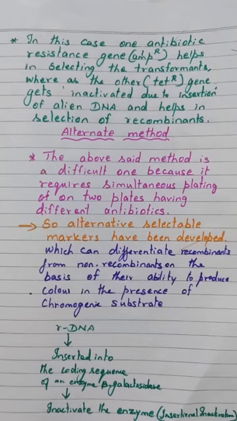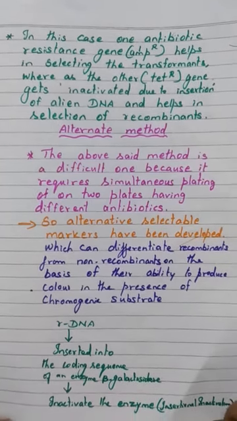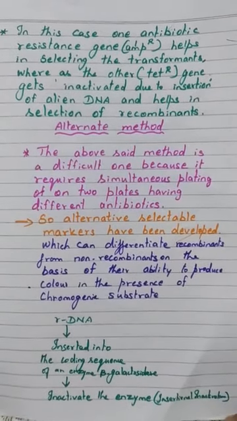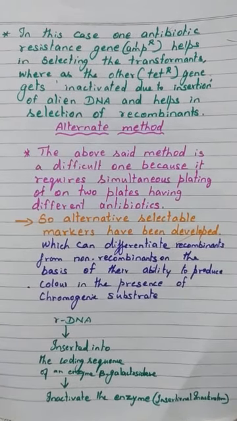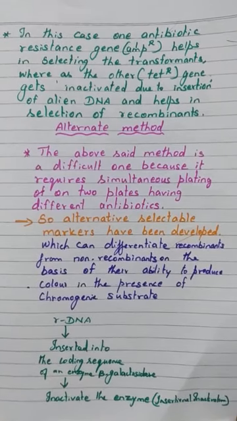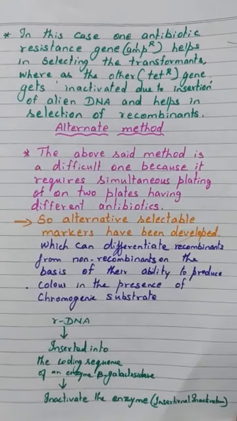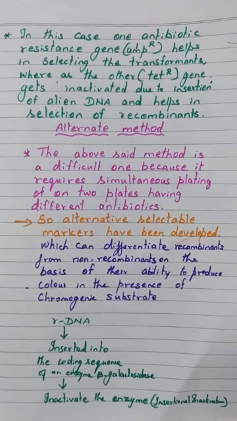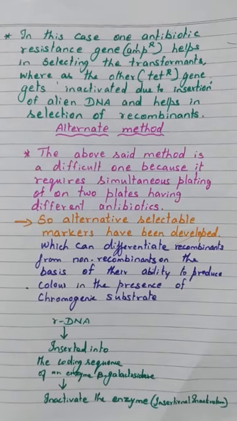But this method is a very difficult one, because simultaneously we have to plate these transformants on ampicillin as well as on tetracycline, two antibiotics. So it's a very difficult process. So another alternate method has been discovered. These two, ampicillin and tetracycline resistance genes, are selectable markers. Another selectable marker that scientists nowadays started to use is